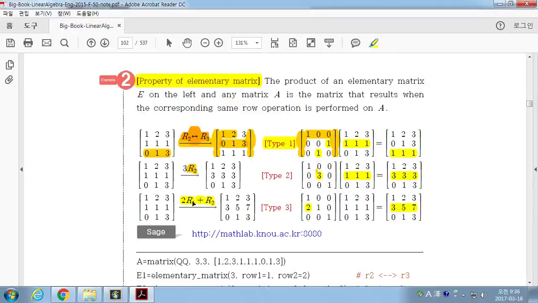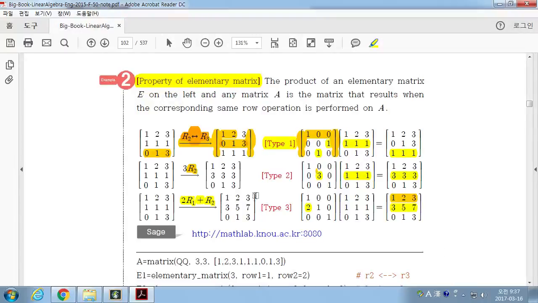multiply the column entry, which is 1, that is, multiply 2 on the first row and add it to the second row, which is the ith component of this matrix, E_ij. Anyway, for this third type elementary matrix, if we multiply the triangular matrix whose diagonal entries are all 1, then this gives you multiply 2 on the first row and add it to the second row. So these are the same.